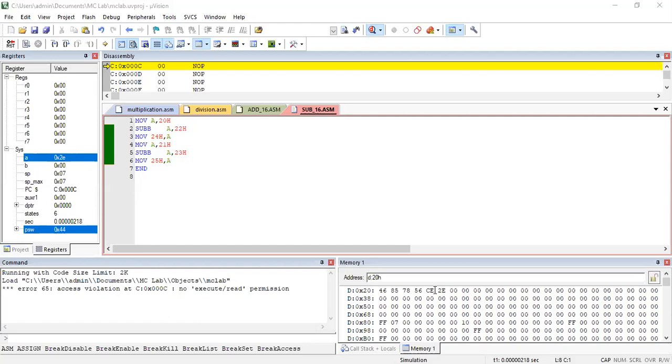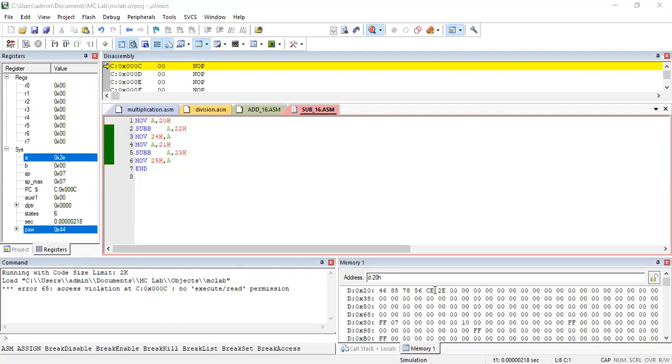How you are getting this 2E is because in this particular subtraction, 46 minus 78, this CE indicates it is a negative number because the MSB is 1. As you can see, 46 is a smaller number, 78 is a larger number. When you subtract a larger number from a smaller number, you will get a negative answer. So the carry flag will be 1.